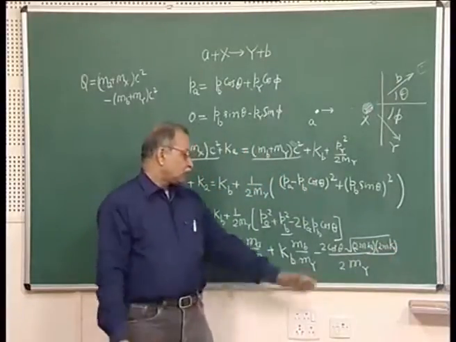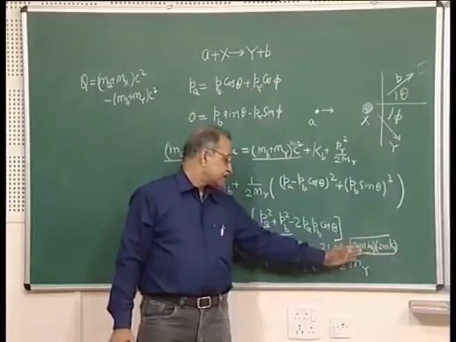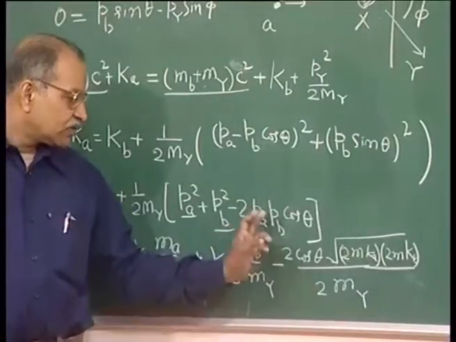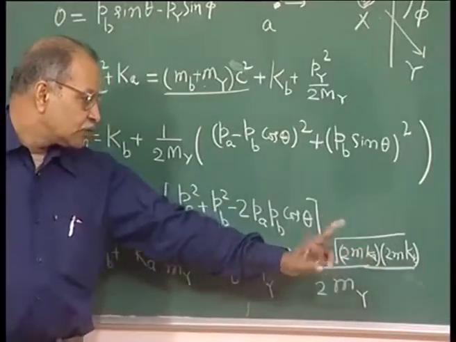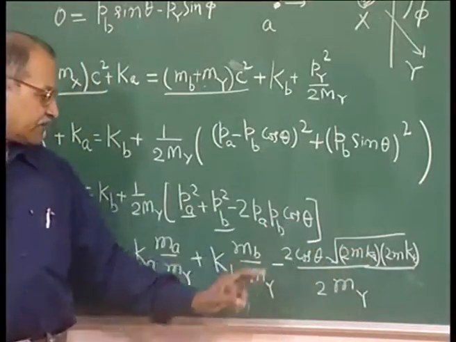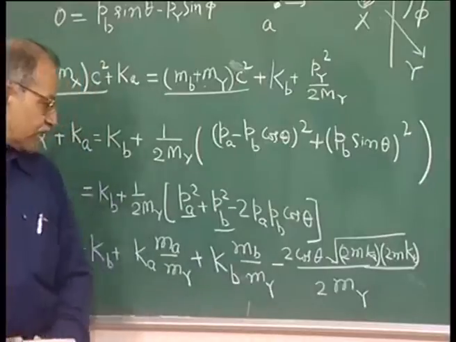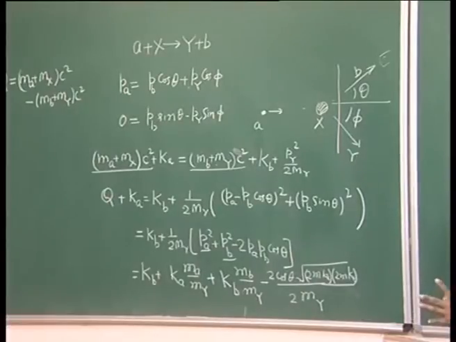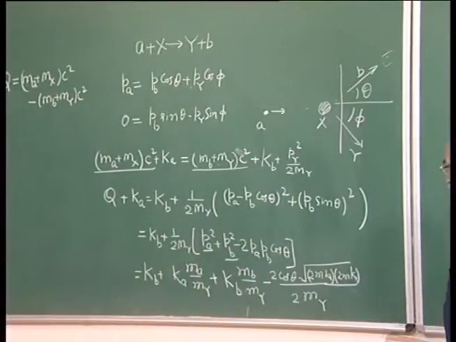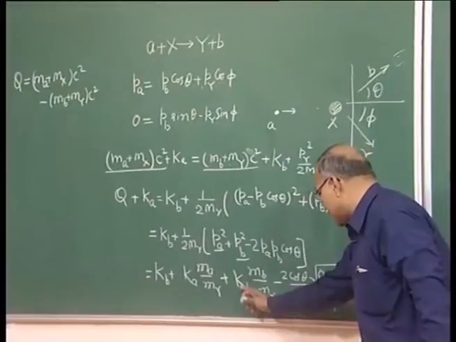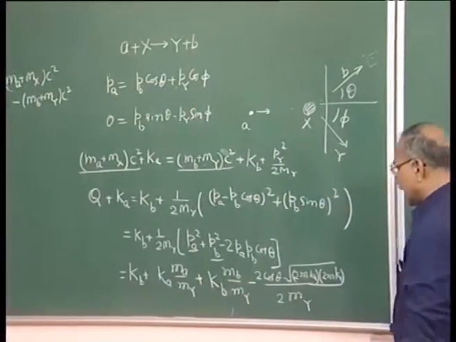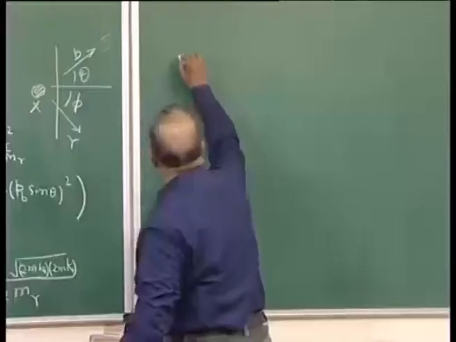Square root of 2 into mass into kinetic energy is the linear momentum. So, Pa Pb is square root of 2ma Ka 2mb Kb cos theta I have written, minus 2 I have written, 2my I have written. So, now recollect. So, let us write it as an equation in Kb. So, let me first see the Kb term is here and Kb term is here. So, you have and Kb term is here. So, you have Kb